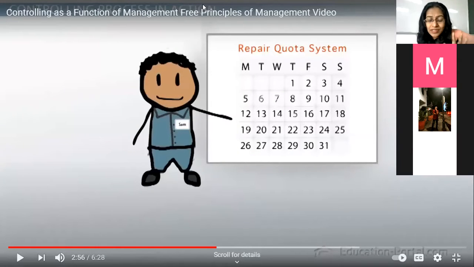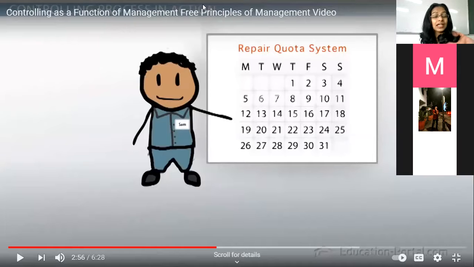This is a man who is in charge of a showroom, okay? The car showroom or the car repair showroom, fine? So in relation to controlling, we are seeing what are the different ways he can control. What is controlling? Reducing the problems, removing the defects. That is known as controlling, okay? So what he has done, first step was he set up a standard. He decided how we will work in this showroom.